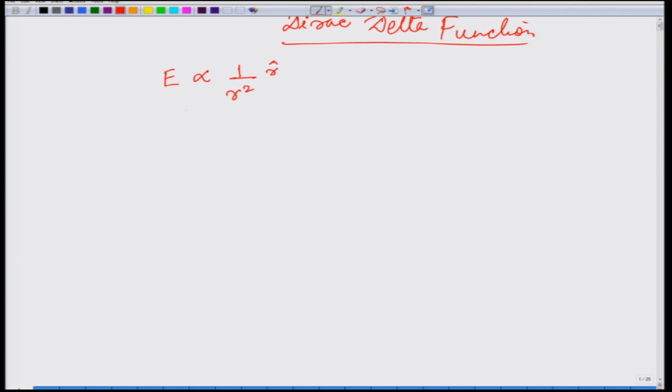we have come across. So what have we seen in the class? We are talking about the Dirac delta function. In the lecture, sir has told us that if our electric field varies as 1 by r square r cap, and if we take the divergence of the electric field in a spherical polar coordinate system, we get it as